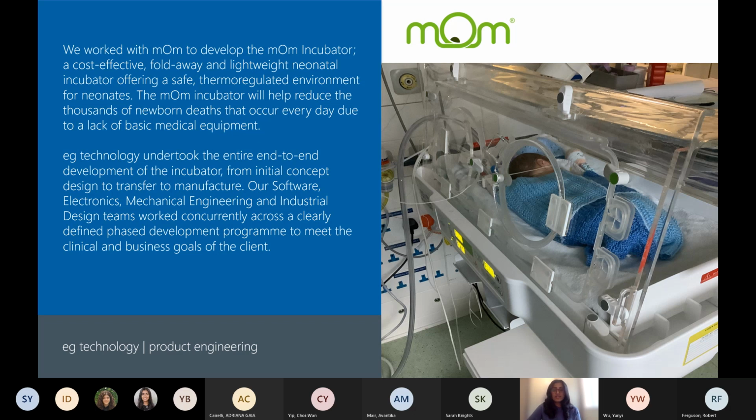So as a graduate, you get to dive right into real projects and have ownership over a task. As this device is designed for neonates, the safety and efficacy of the device were of utmost importance. The device naturally had to comply with various standards, such as 60601 and 62304, to name a few, and EG has the necessary processes in place so that engineers are trained to work to these standards to help clients achieve being